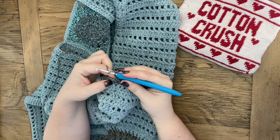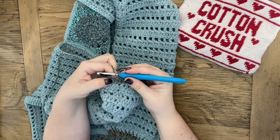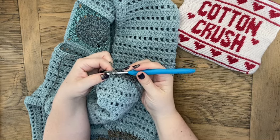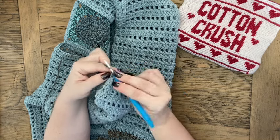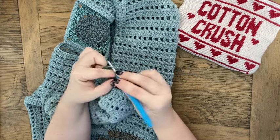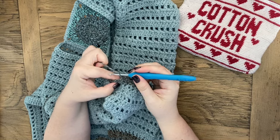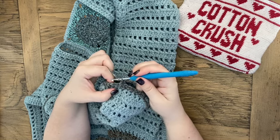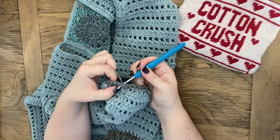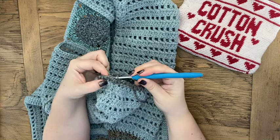So we're going to yarn over, and you're going to find your first double crochet from the previous row, insert your hook behind the pillar of the stitch and yarn over and pull through, yarn over, pull through 2, yarn over, pull through 2. So that's our first front post stitch. Now for the back post, yarn over, gonna go behind the stitch, go in between those two, push that stitch back, yarn over and pull through,